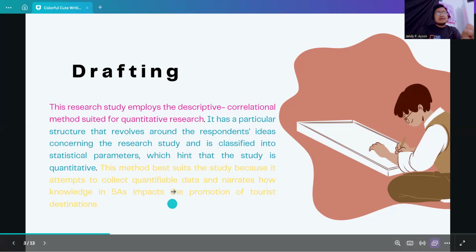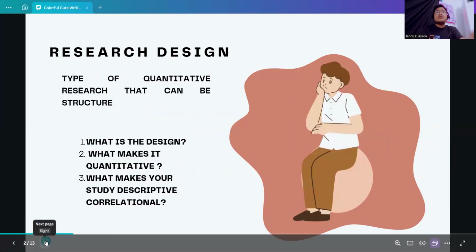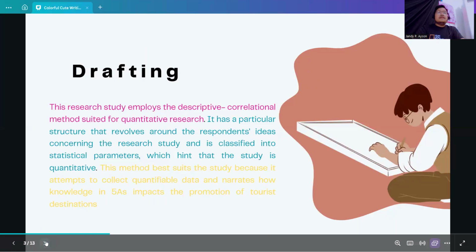Okay, so sa last part, kung makikita nyo, sinabi dito kung bakit naging descriptive correlational yung study na ginagawa nila. Okay, so that is for research design. So again, ito lang naman yung tatlong sasagutin ninyo. Napakadali lang yan. It doesn't have to be that long. Few sentences will do. Next is,